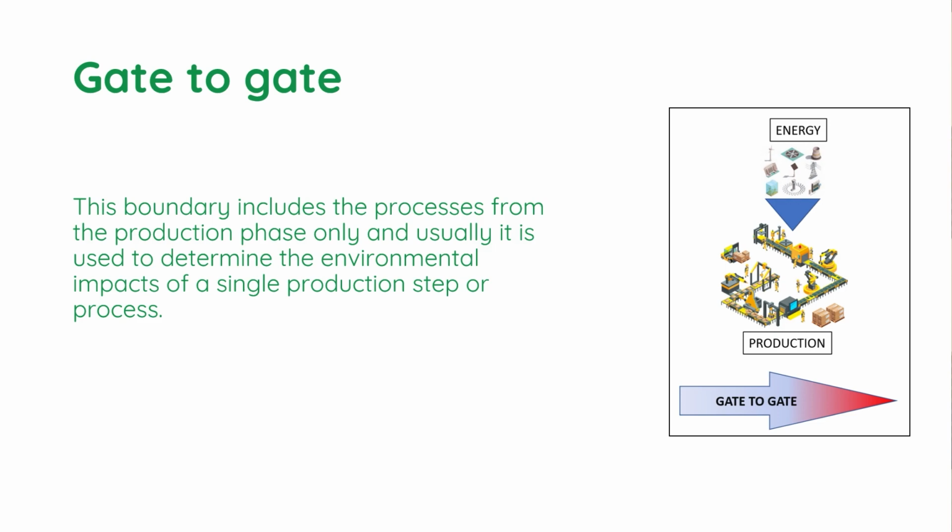Then we move to gate to gate. This boundary includes the processes from the production phase only. And usually it is used when we want to determine the environmental impact of a single production step or process. So we have seen that there are quite a number of different boundaries,